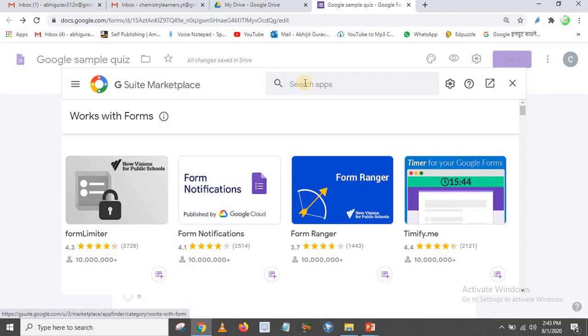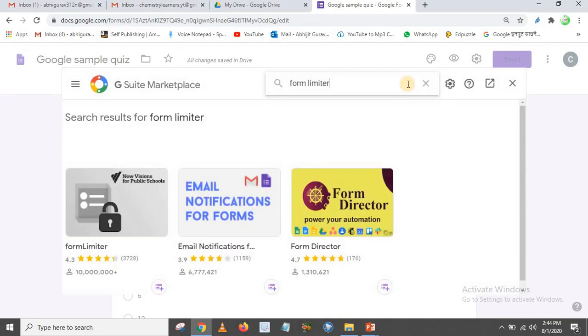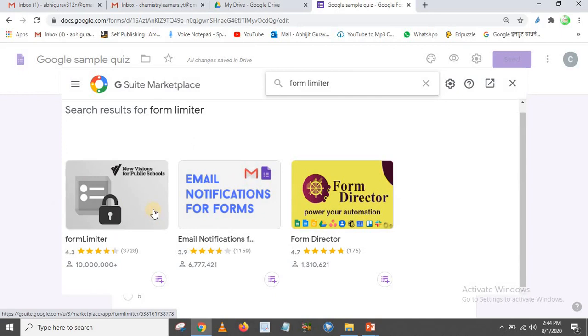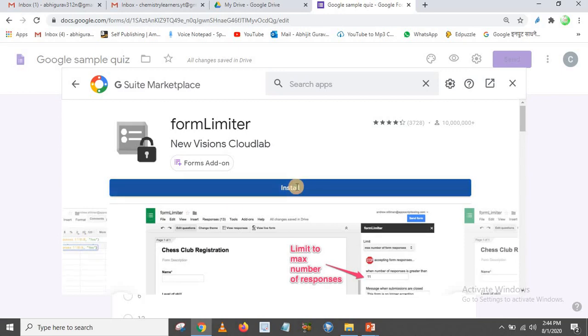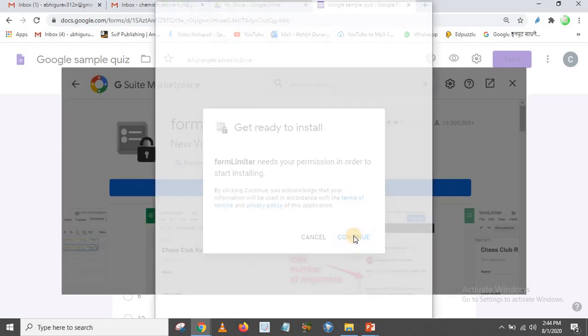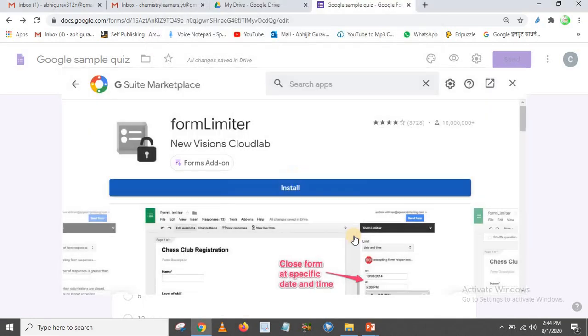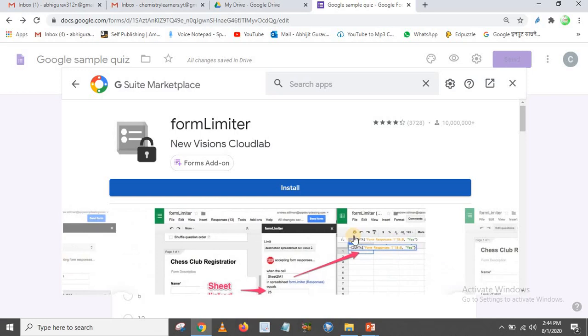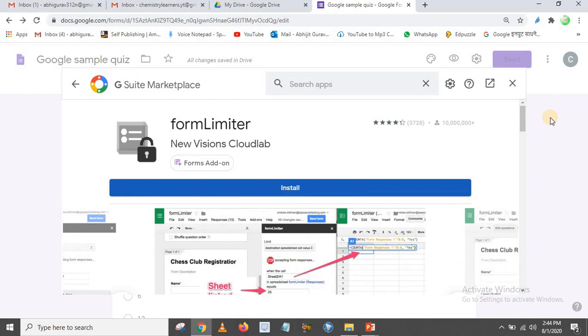Here if you click on form limiter, this is one type of add-on. With the help of this add-on you can set a limit and time also. You have to install this add-on in your computer. This add-on will only operate through the particular email account which you have used to download it from the G Suite Marketplace. Now this will get downloaded.